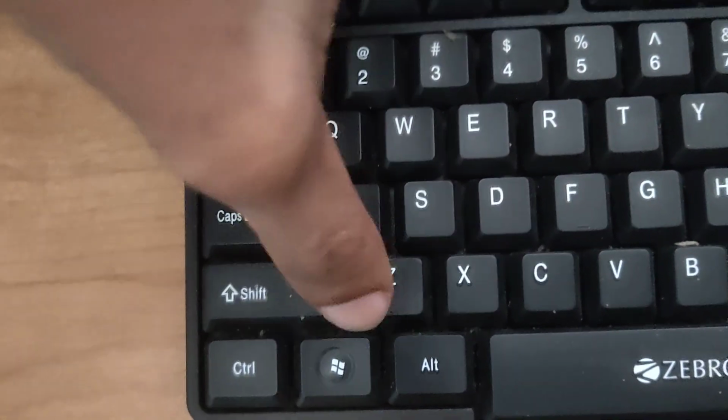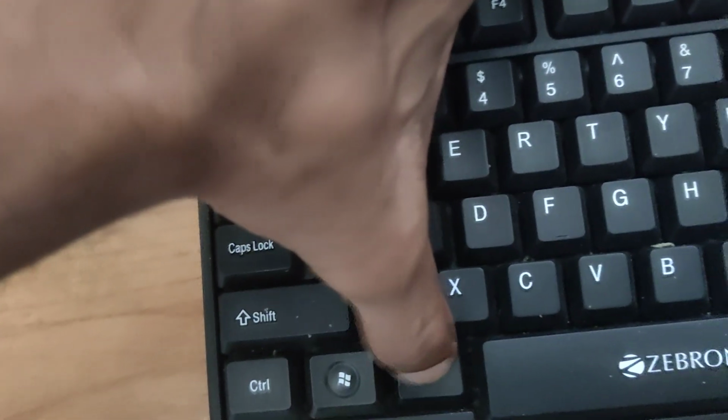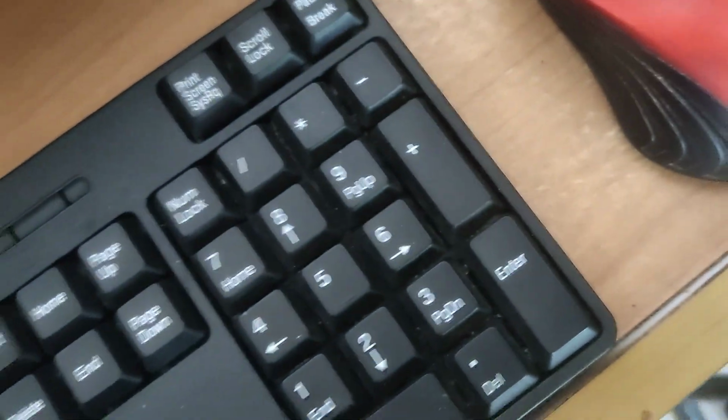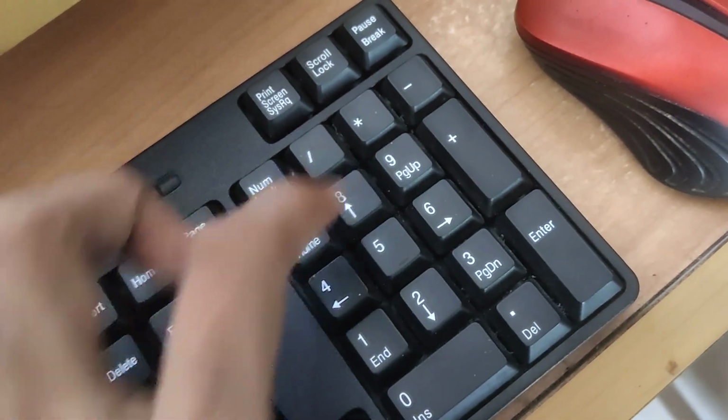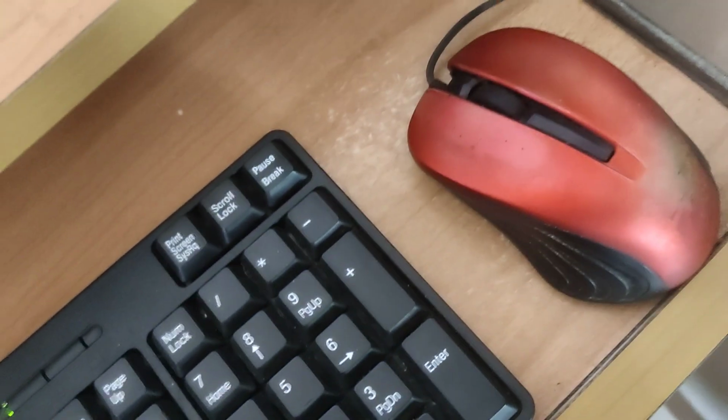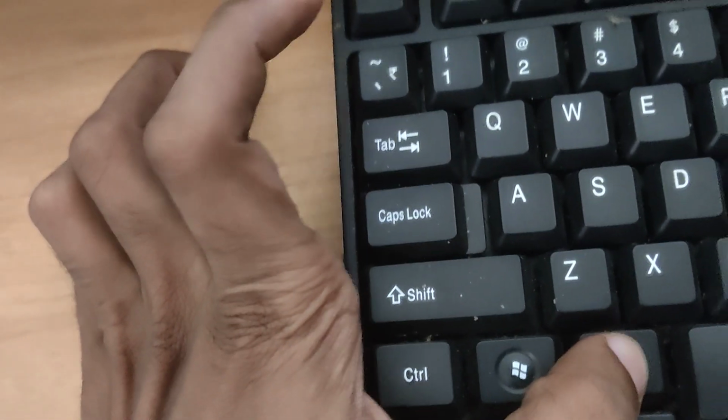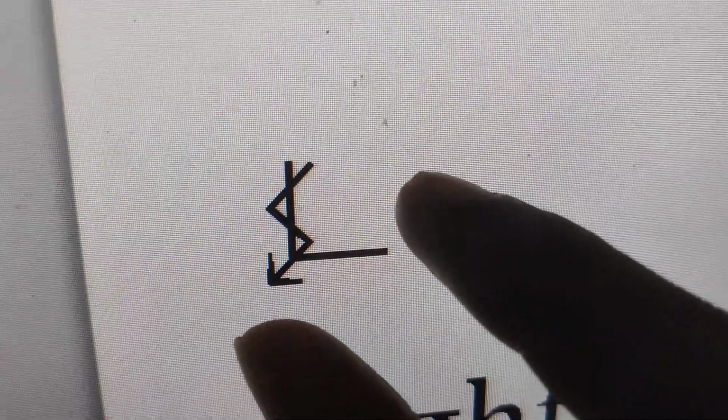Now you can see the alt key on the left side of the space bar. You must press and hold this alt key. Don't remove your finger from this alt key. At the same time you must type here 9084. After typing 9084 you can release your finger from this alt key, and you can see that this symbol